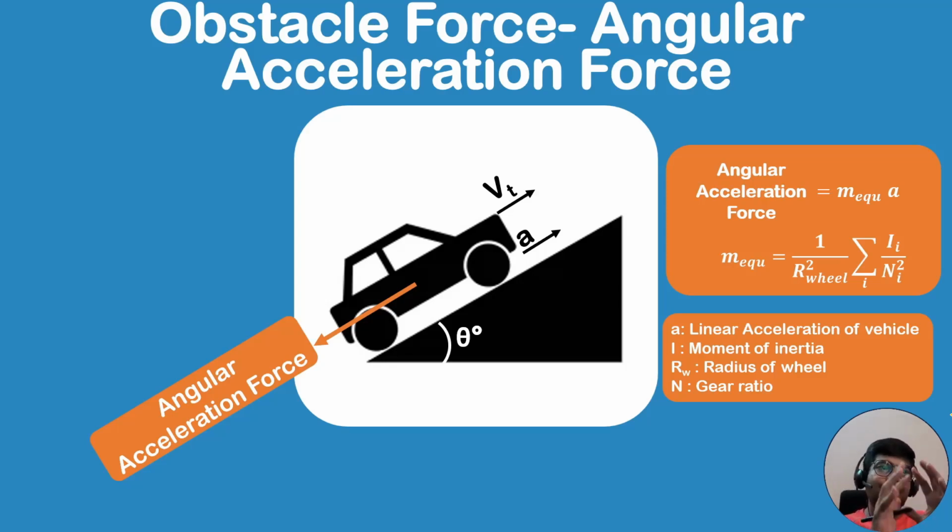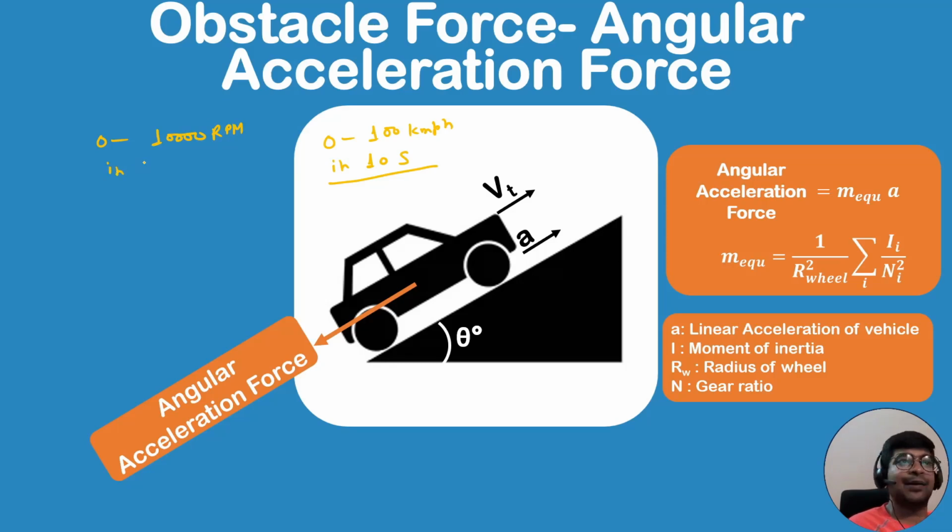So let's say you are observing this overall car from a distance, and all you see is the car trying to go linearly, let's say from 0 to 100 kmph in just 10 seconds. So there are components inside the car. For example, the rotor of the motor or gear or an axle or a wheel are also trying to rotate from 0 to, let's say, 10,000 rpm